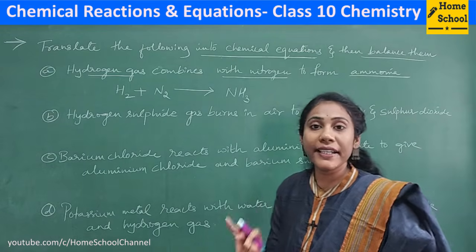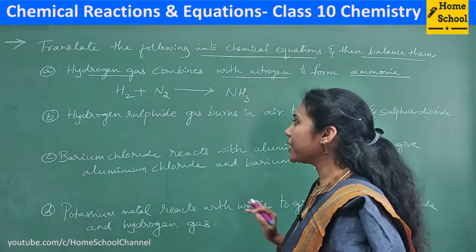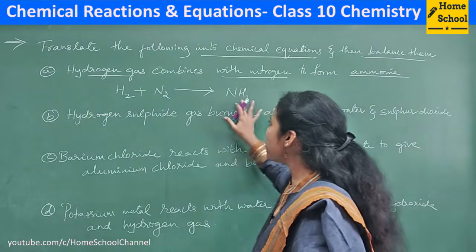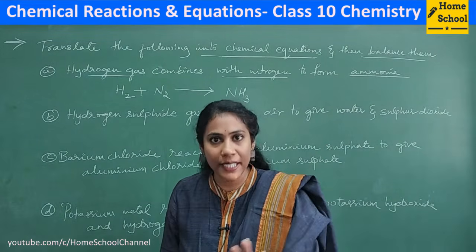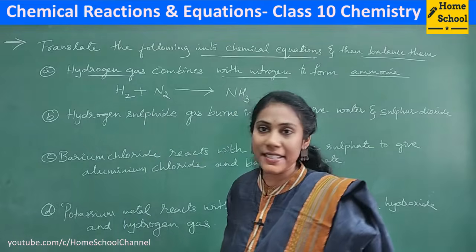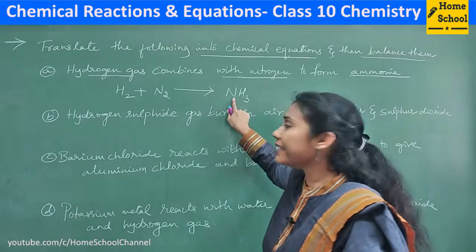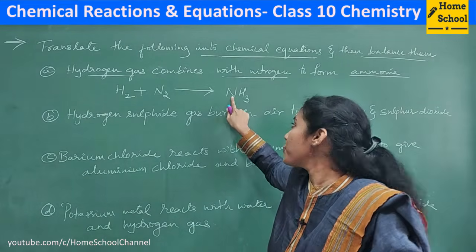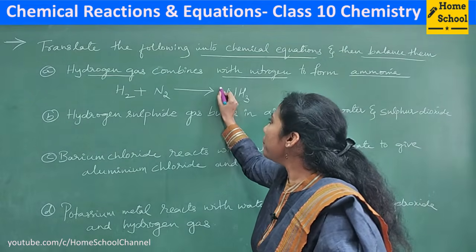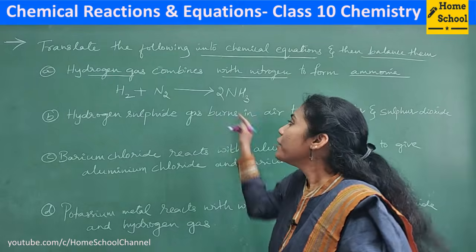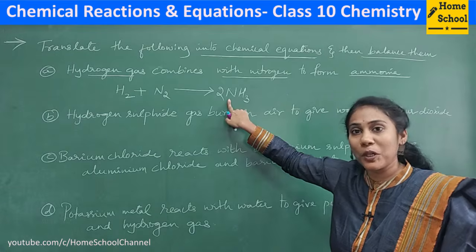Now, not only writing the chemical equation, you have to balance it. So how do you balance this? First, which element will you try to balance? Hydrogen and oxygen, if they are present, you should keep for the end. So here, first balance nitrogen. How many nitrogens on the reactant side? 2. How many on the product side? Only 1. So you need to balance nitrogen on the product side. Which digit will you put? 2. So 2 nitrogens on the reactant side and now 2 nitrogens on the product side.